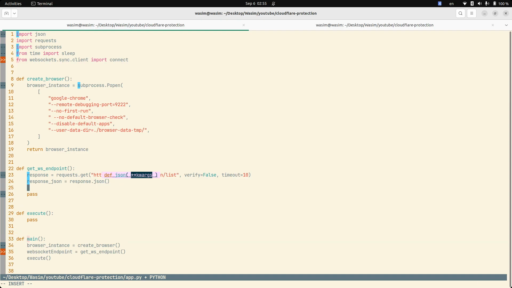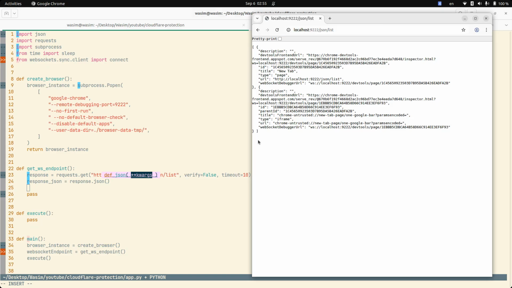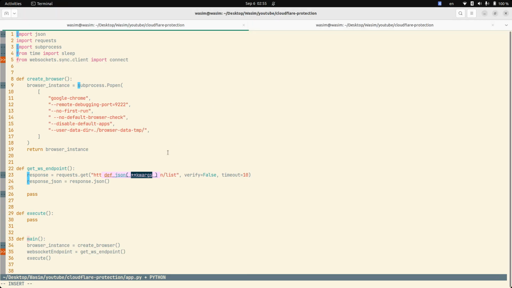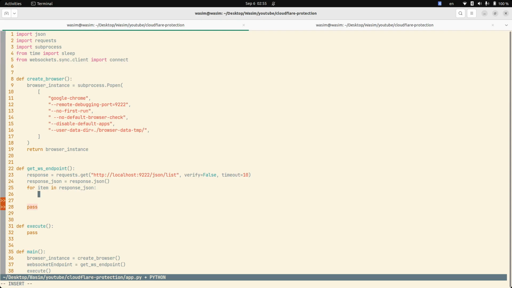And we will parse that. So we have a list here, correct? We need to find the item with the title of new tab. So we'll say for item in response JSON, which is basically for each object in the JSON list, I get the item. I'm going to say title equals item.get title. If title equals new tab,